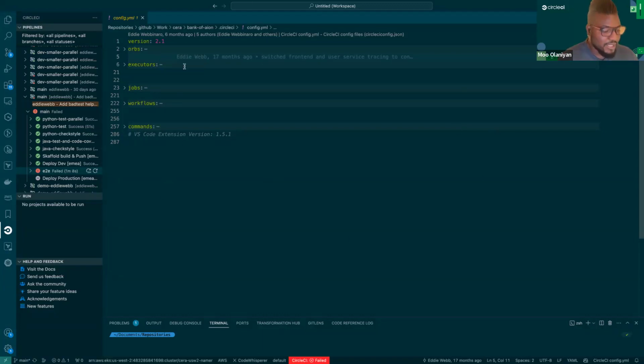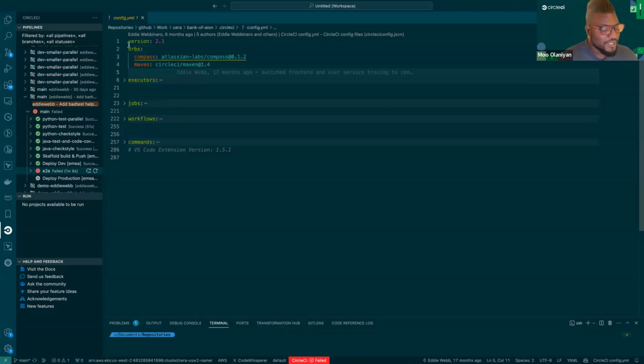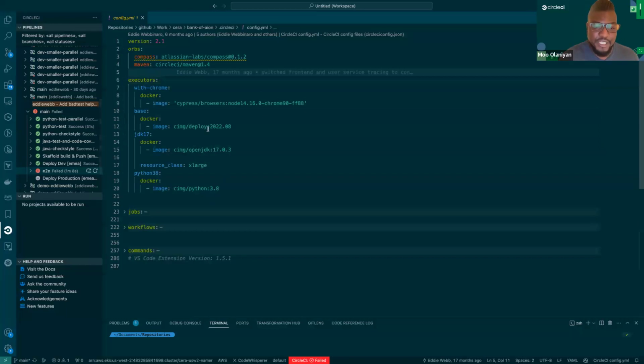Remember, this configuration file is going to represent a pipeline. And you can see up at the top, the very first section is actually those orbs, those reusable configurations that I was talking about. I'll show you an example of that a little bit later. But next on the configuration is our executors, our execution environments declared. In this case, they're all Docker images, with one of them here having a specific extra large resource class. So it's a little beefier, right?